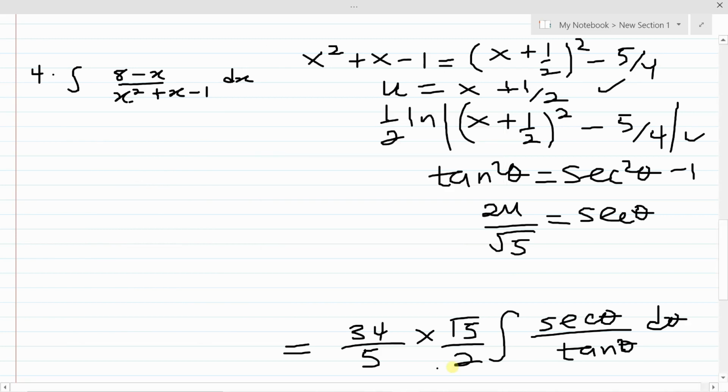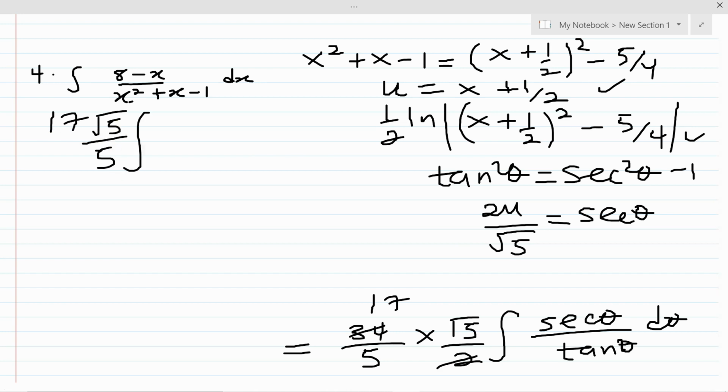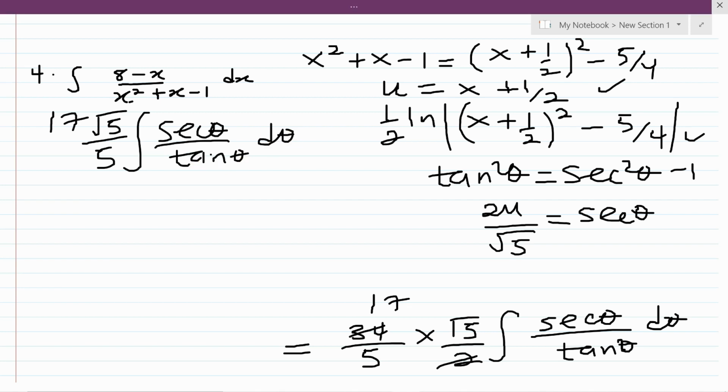So this 2 goes into this 17 times. Okay, so you get 17 root of 5 over 5, then integral of sec theta over tan theta, okay, d theta. Alright, so